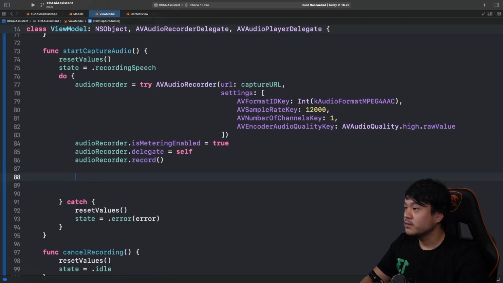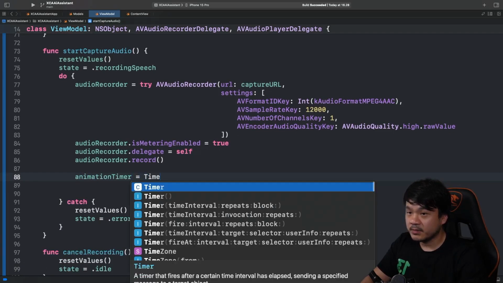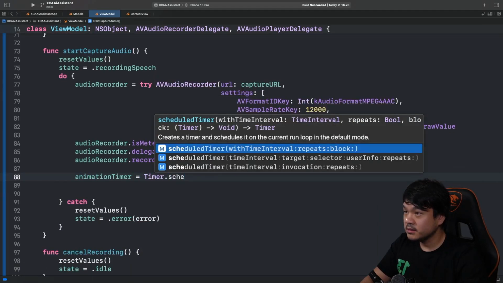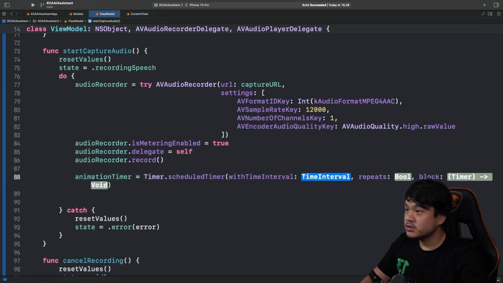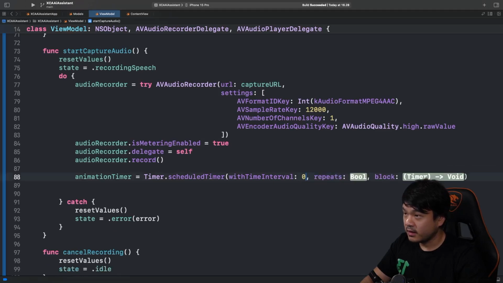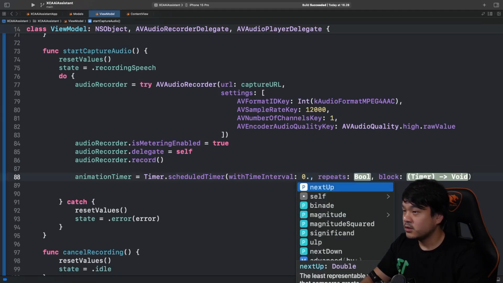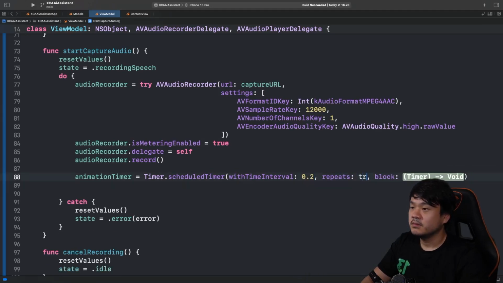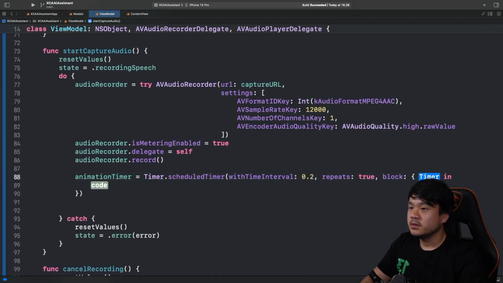So first now we need to set the animation timer by initializing a repeated timer, using this scheduled timer with time interval. So every 0.2 seconds and repeats true. Here we don't need the timer instance. In here we can basically also set the unowned self.